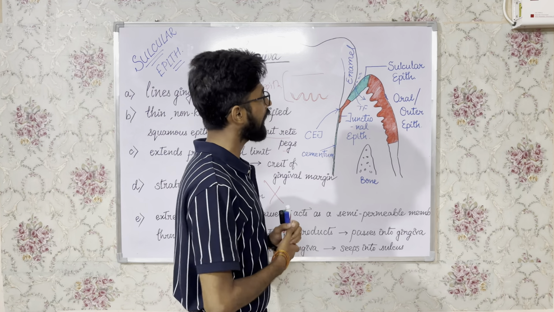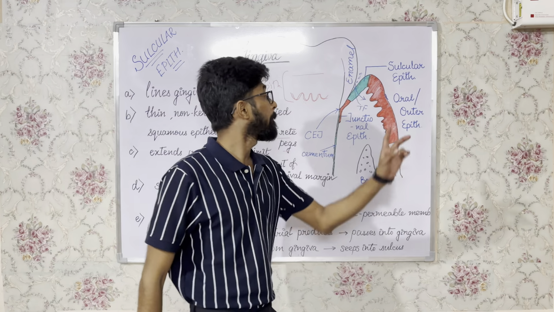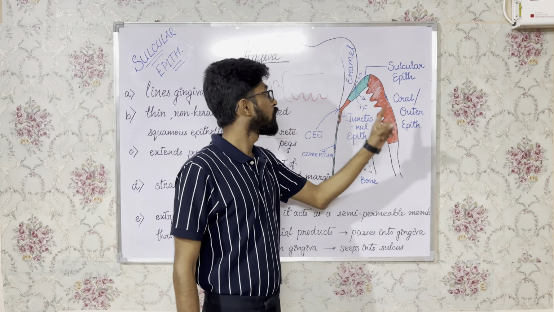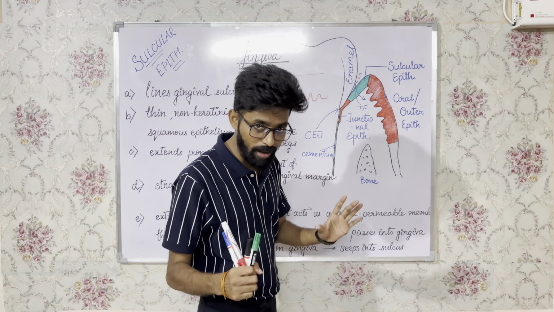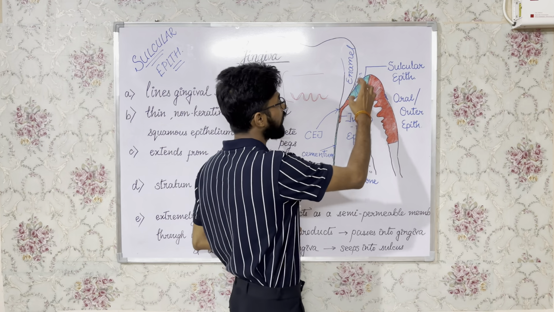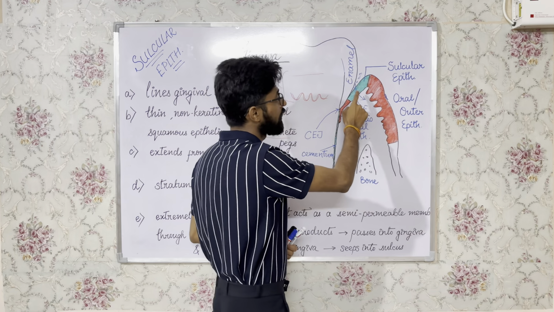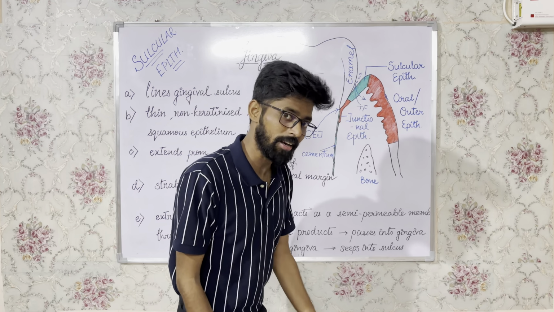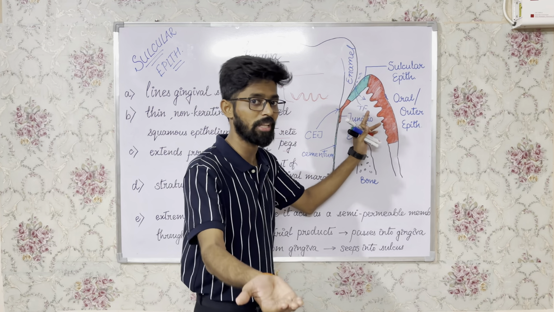इससे ये पता चलता है कि presence of bacterial irritants in the sulcus is important. What? Presence of bacterial irritants in the sulcus is important to prevent circular keratinization. समझ में आया क्या बोला मैंने? मैंने बोला कि यहाँ पर जितने बैक्टीरियल इरिटेंट्स है अगर ये एलिमिनेट कर दिया जाए, then what will happen? This circular epithelium will show keratinization, right? अगर यहाँ से बैक्टीरियल इरिटेंट्स हट गए सल्कस से तो सर्कुलर एपिथेलियम केराटिनाइजेशन दिखाने लगेगा.